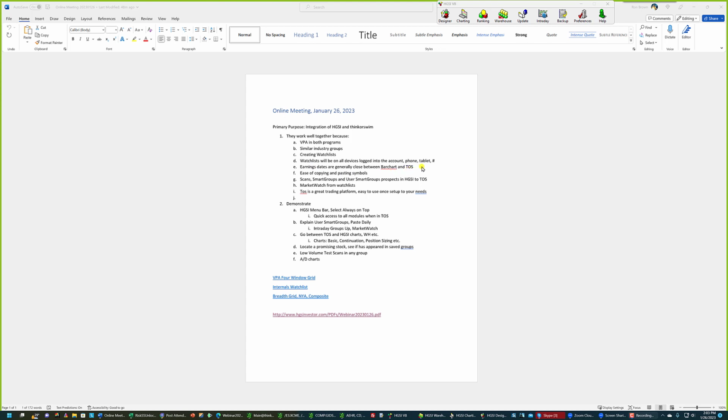Earnings dates are generally close between bar chart and thinkorswim. Not always the same, but I just look at the charts in thinkorswim and see if they agree with bar chart, and if they don't, then I assume that thinkorswim is more correct. But they're close,